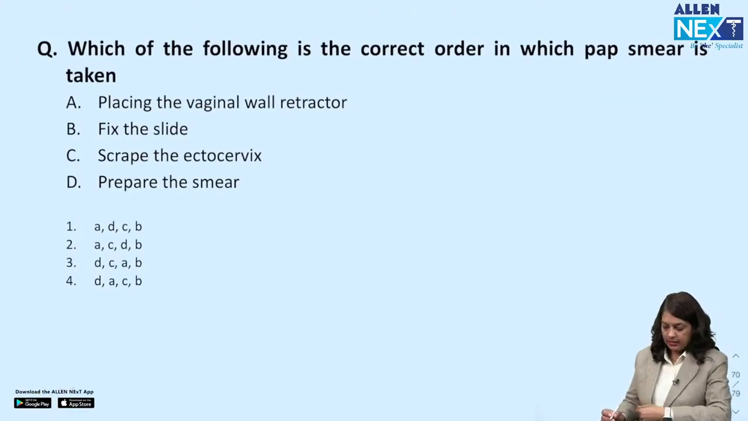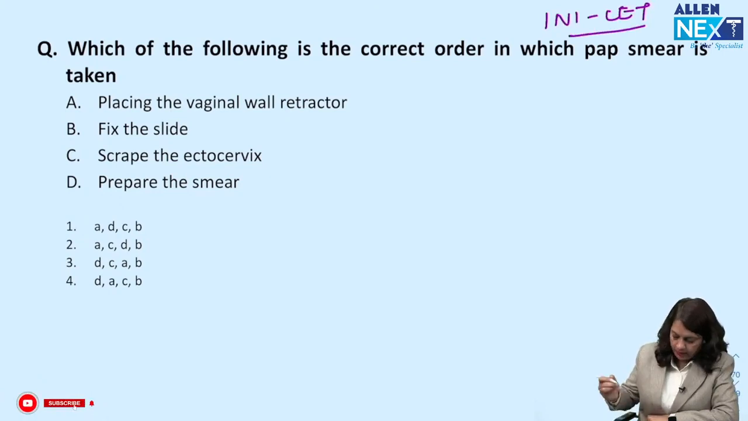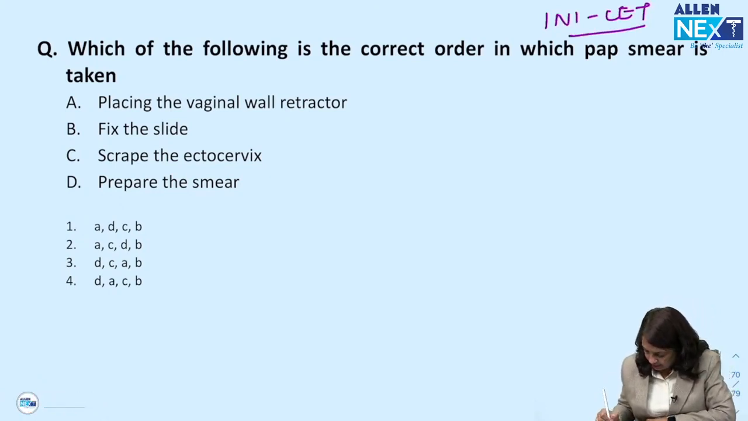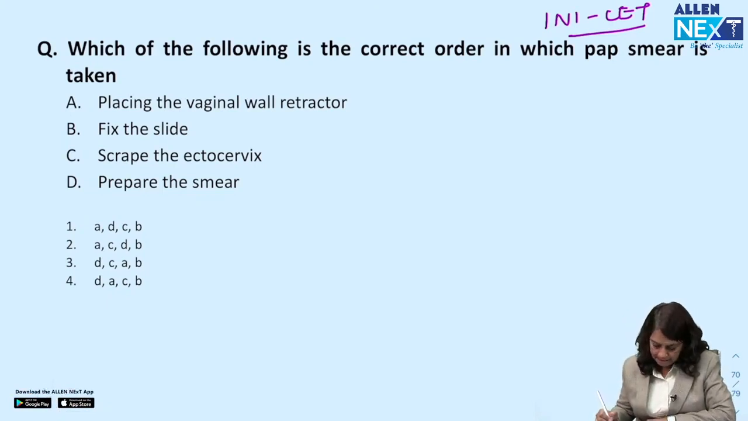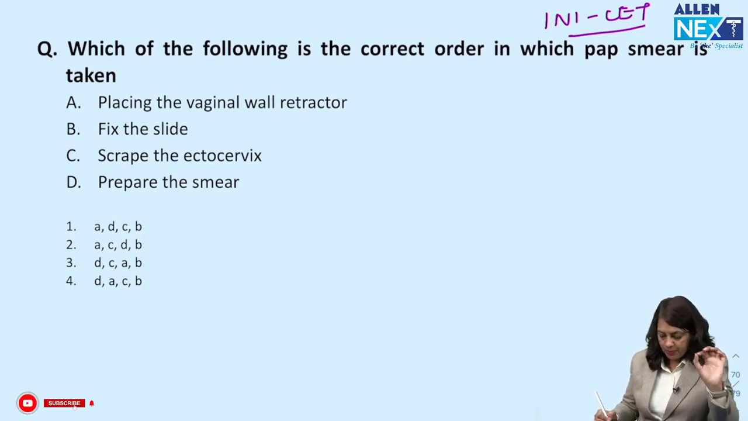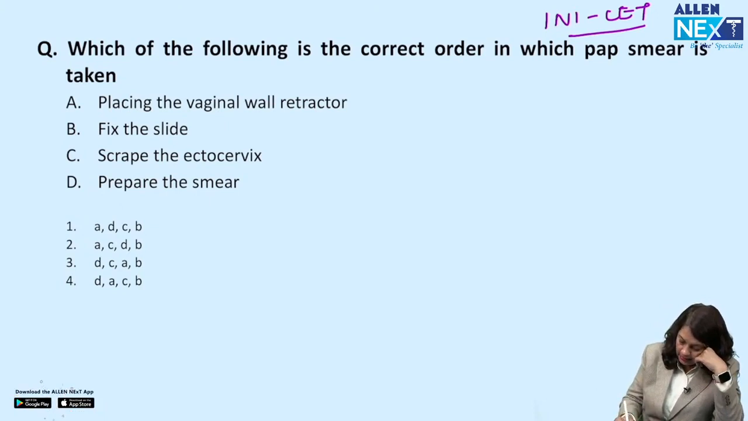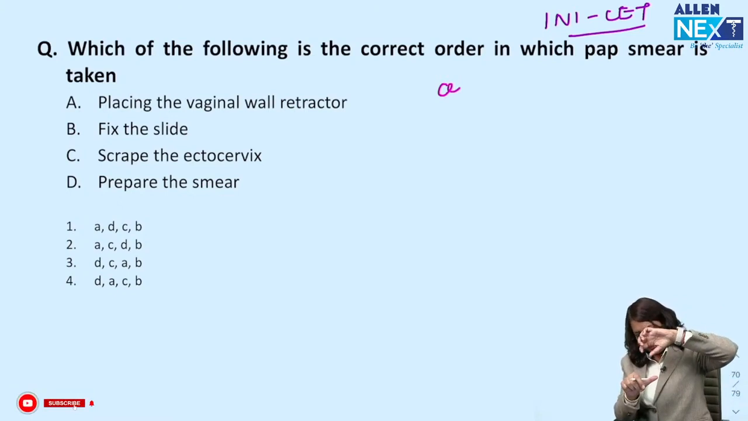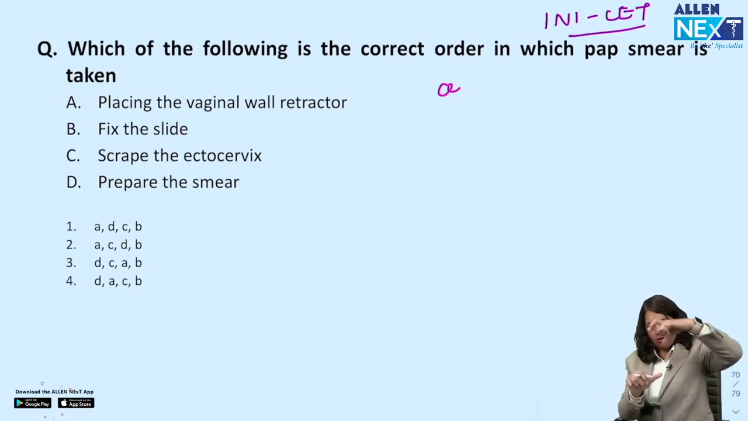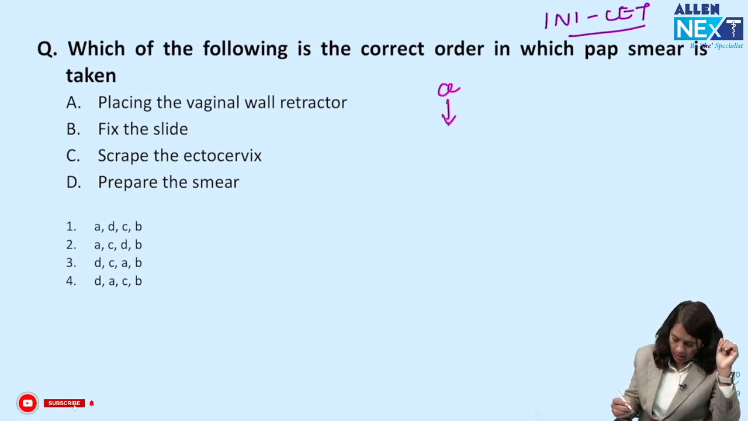Which of the following is correct in order of pap smear? Question from INI CET. Which is the correct sequence? For pap smear you can write your answers in the chat box. First, we take the pap smear. First you place the vaginal Sims speculum and anterior vaginal wall retractor. Usually we use Cusco's, but if you are using Sims, you first retract the vaginal wall. Then after that